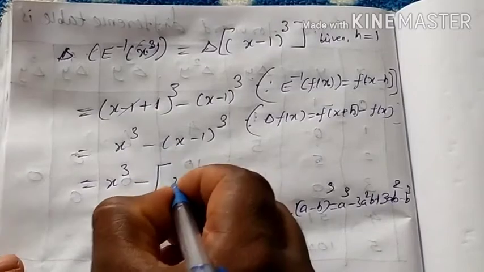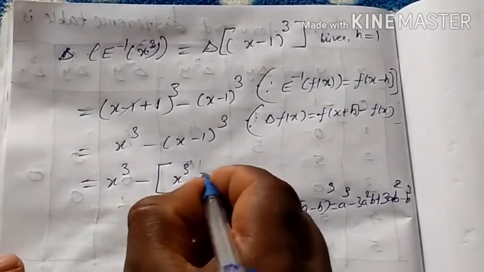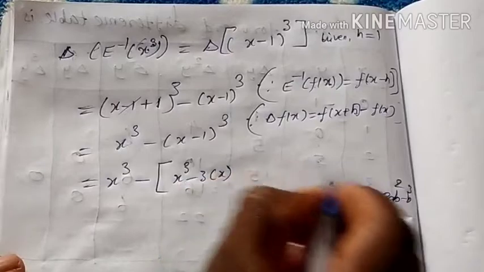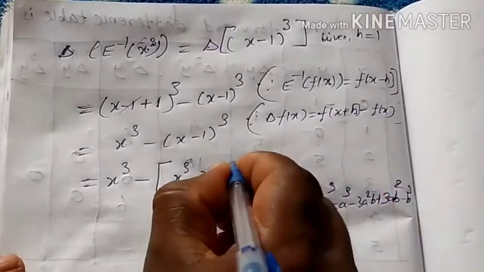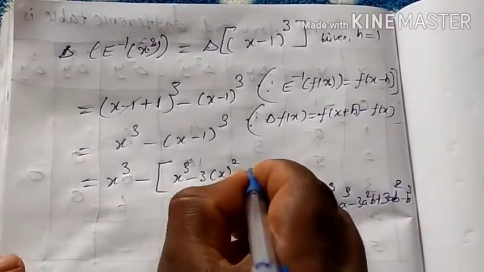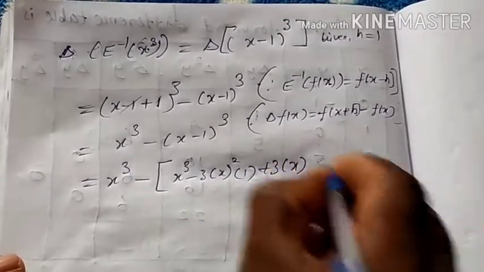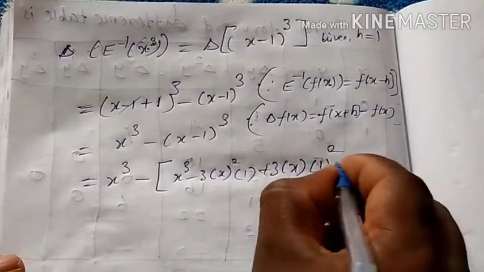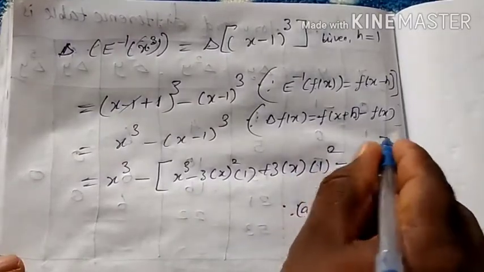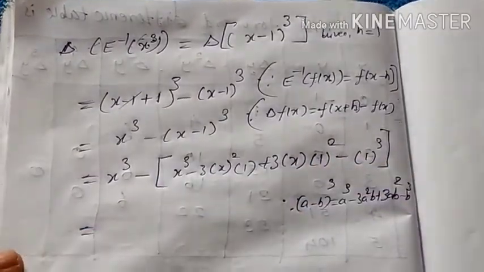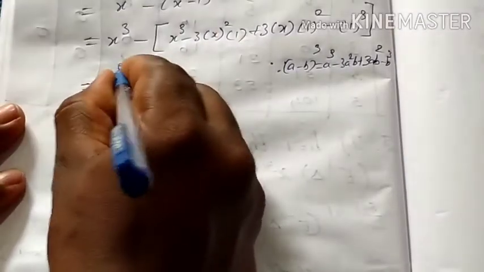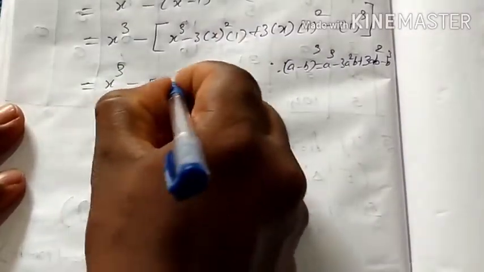A cube, that is x cube, minus 3 into a, that is x, b, a square, so x square into b value is 1, plus 3 into a value is x, b square, b is 1, the 1 square, minus b cube, 1 the whole cube. Okay, which is equal to x cube minus x cube